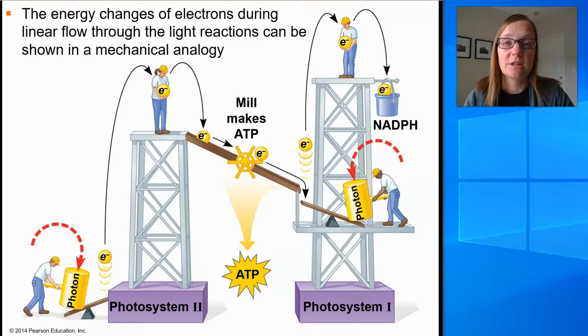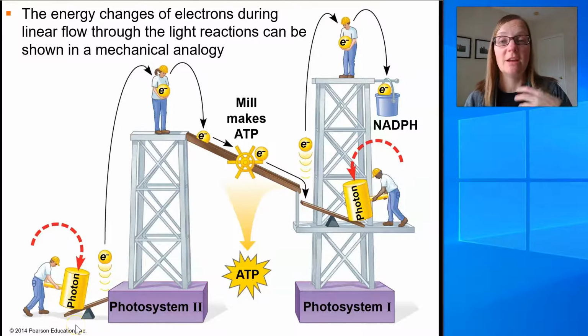So far, we've gotten a chance to look at linear electron flow in photosynthesis and the light reactions of photosynthesis. Let's very quickly review it with this simple sort of analogy. So comparing linear electron flow to a construction site. So remember that electrons that are taken from water when water is split sit here at the bottom of photosystem